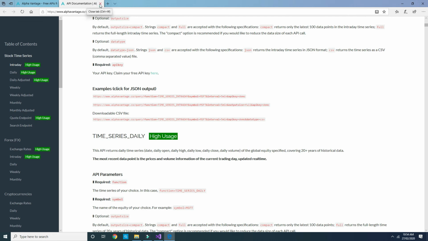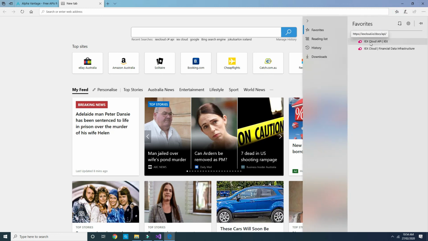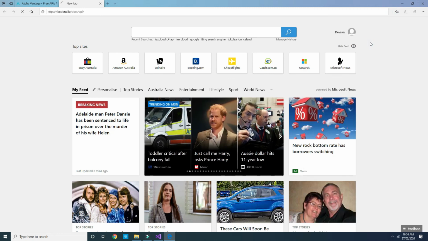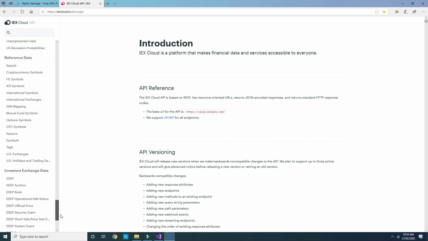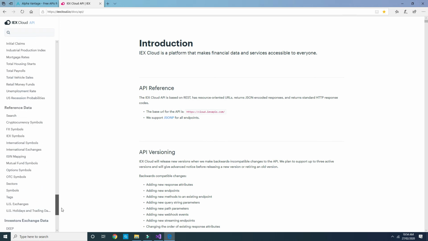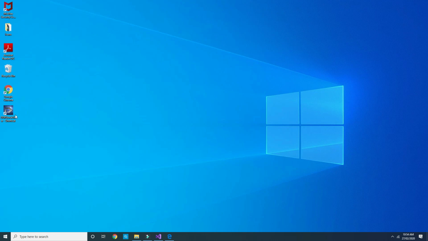Another API that I did find, which is quite cool though, is this IEX Cloud API. It sounds like they have a similar service, and something that I'm going to look into next. But for the sake of completion,